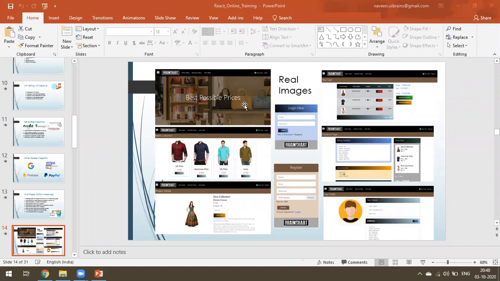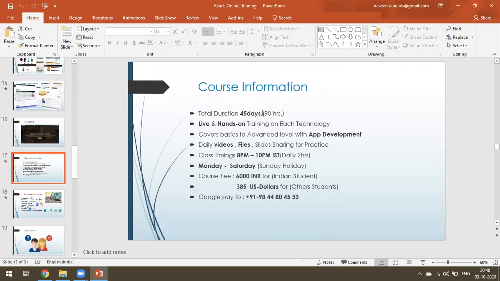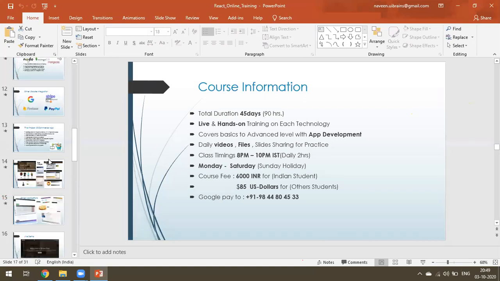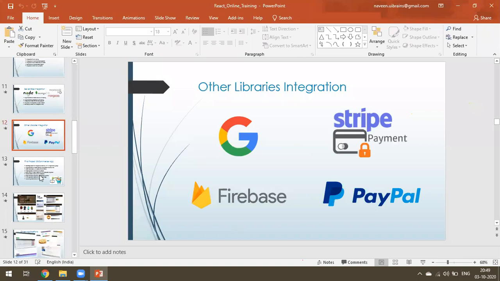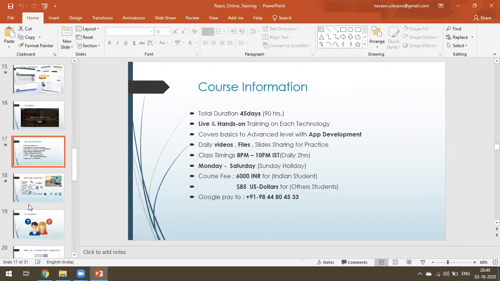Are we using GraphQL as well? GraphQL is not there because I have taken only 45 days now. I hope GraphQL can be covered, and I'm looking into it, but I can't give you a false promise. Once all this finishes, if you have time, definitely we'll consider it. 45 days I'll cover all this, and 5 days extra I told, right? So 50 days. In those 5 days, we'll see any miscellaneous concepts.